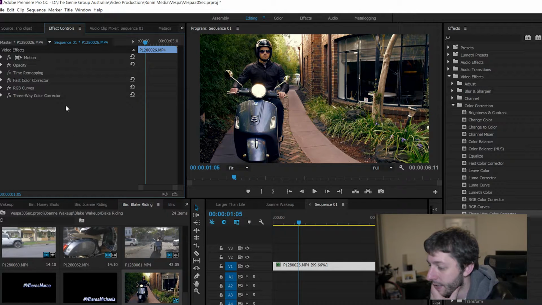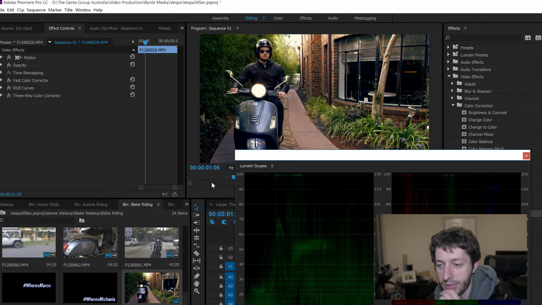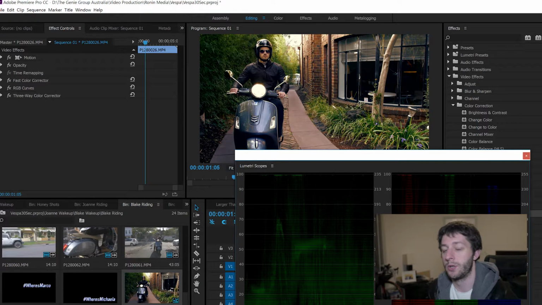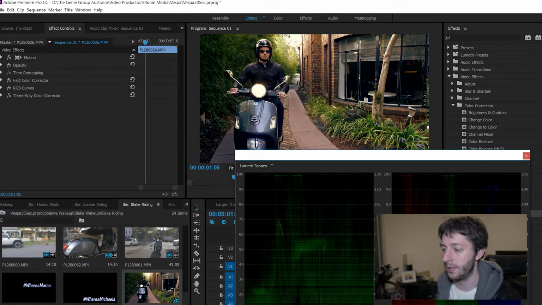Just trying to think if there's anything else that I usually use. That's about it. So let's look at our scopes for a second. Now we're bordering on being underexposed or a bit dark, but I prefer the look of that. That's what I'm saying by don't just abuse the scopes and get everything perfect there, because by the time